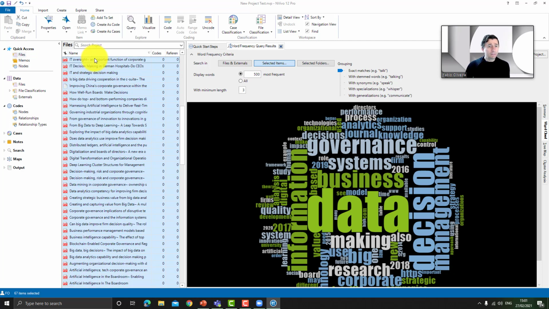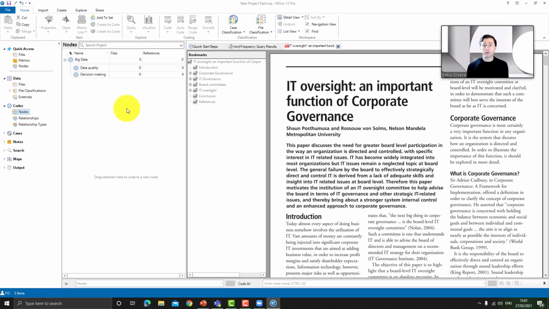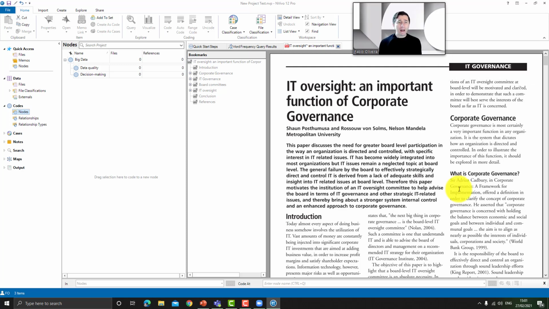I will double click the first file, and you can see that we opened the article. You open the article, you come back to Nodes. Here are your nodes, and then you can start reading your article and dragging to the nodes the content in the text that is related to those nodes.